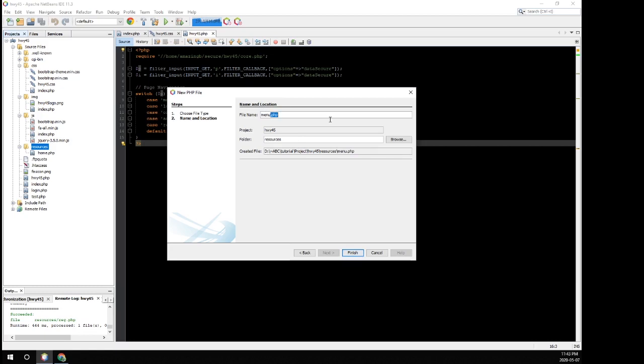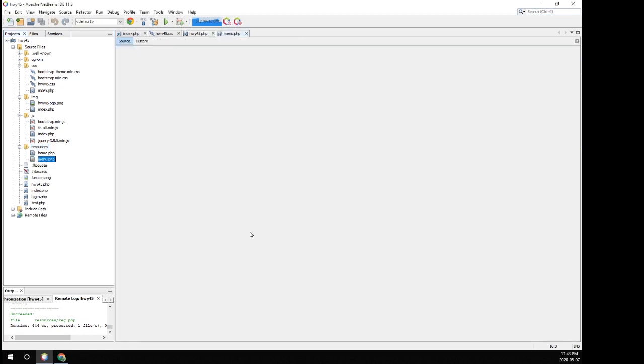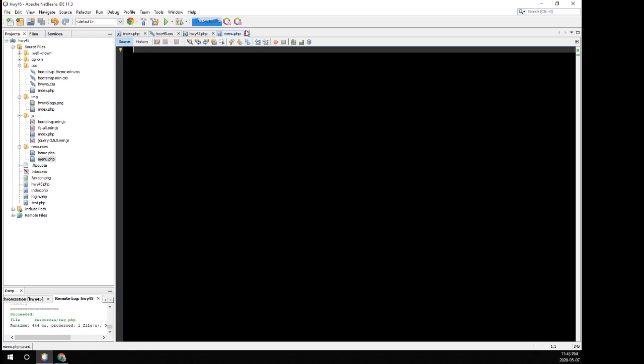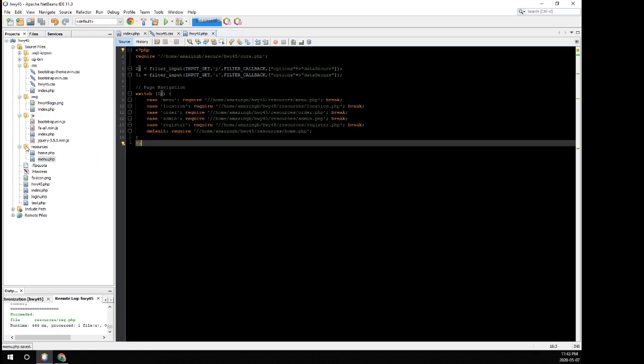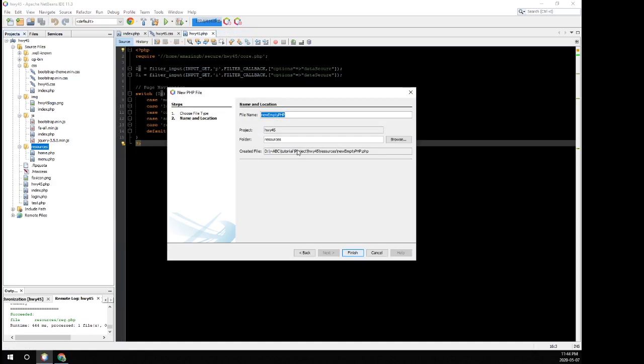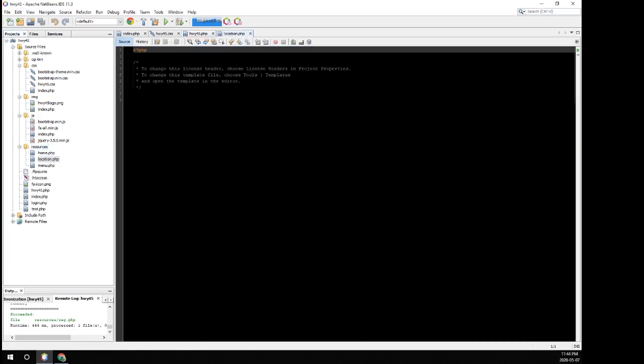I don't actually have to type the PHP in here. It will automatically choose PHP because I selected PHP as the file type. If you want to save that step, save, close, new PHP, location, finish, delete, save,